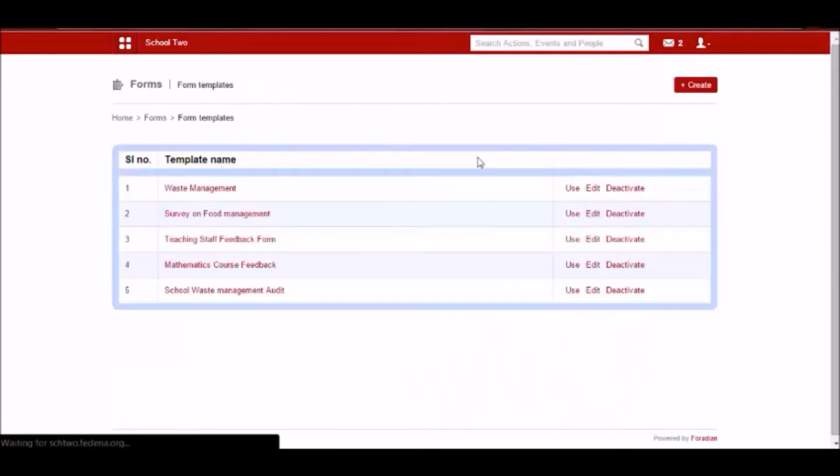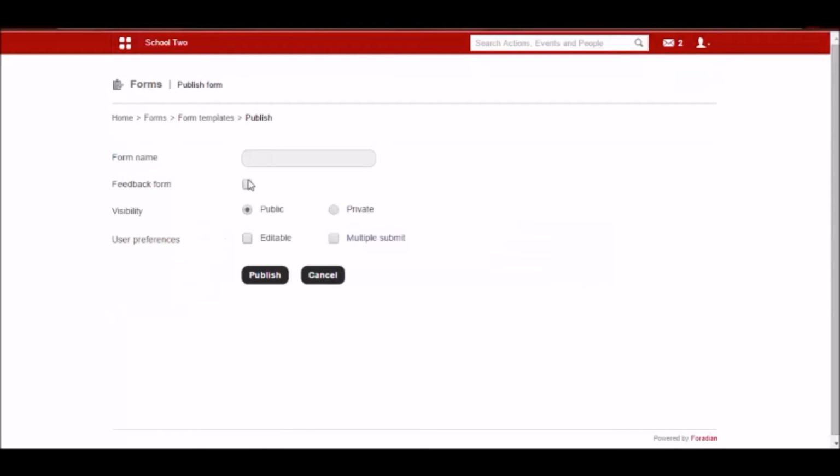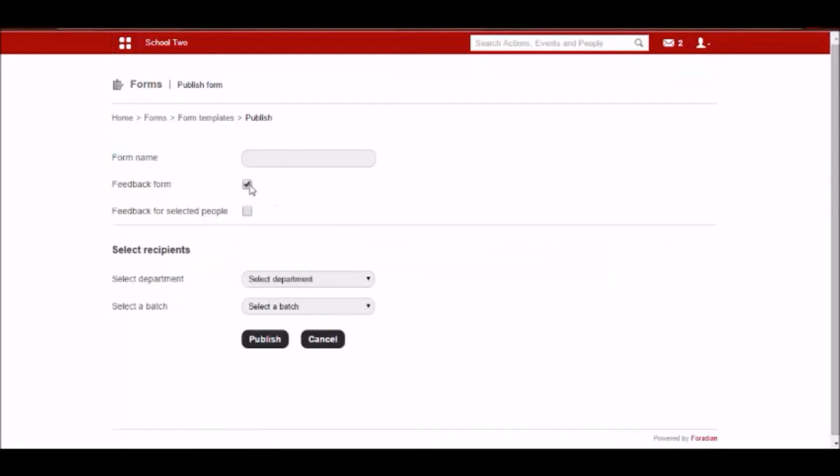Then the third type is feedback form. So let me use the same one, and I can tick on this feedback form option here. Now this feedback form can either be public, it means for all the users, or private. So I need to select the people. So let me give a form name. Let's say